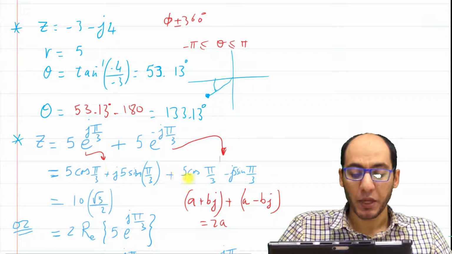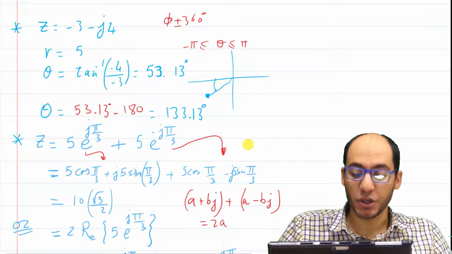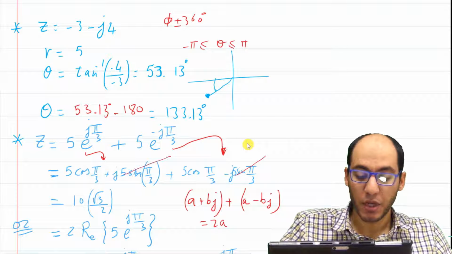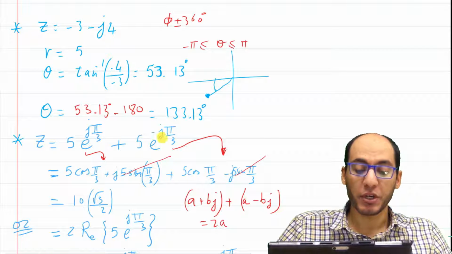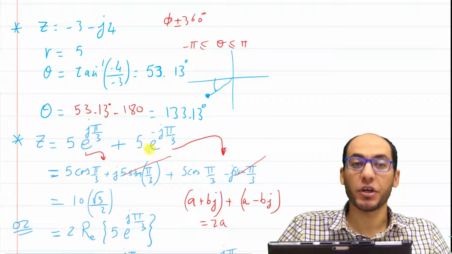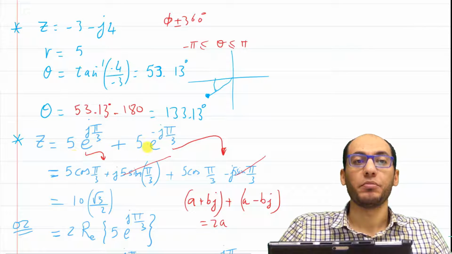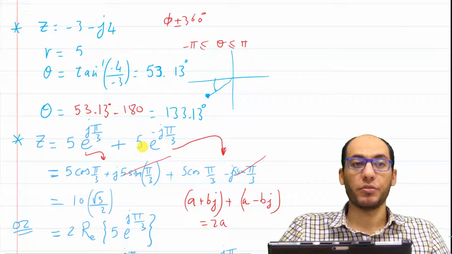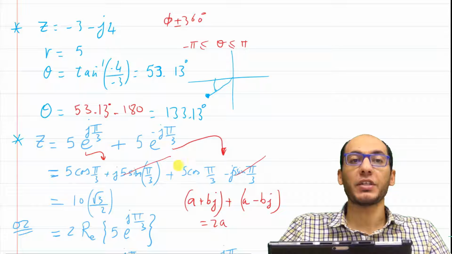Right? If you do the math and add them, how are we going to add them? I'm going to add the real plus the real and the imaginary plus the imaginary. The imaginary turns out to cancel each other. Why are they canceling each other? Because this value is exactly equal to this value. Why? Because they're conjugates. How did I know that they're conjugates? The theta is equal to the negative of the theta, and the amplitudes are the same. That's how I know that these numbers are conjugates. Okay, and that is why they turn out to cancel each other, and thus the final answer becomes